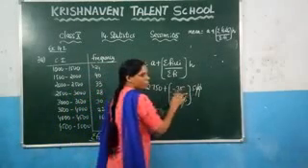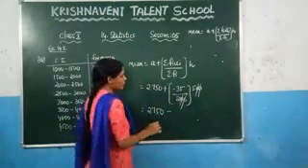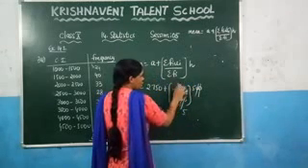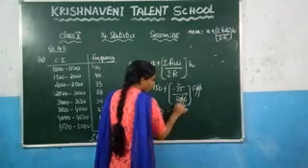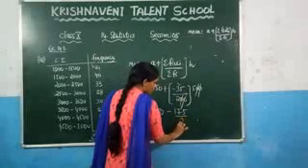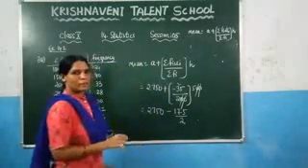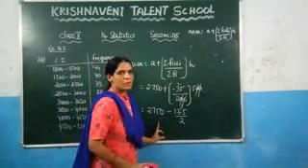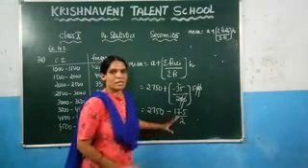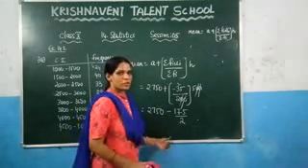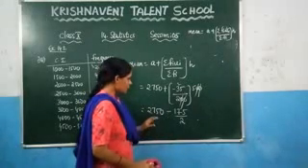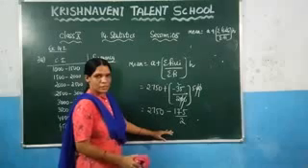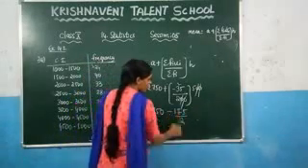Multiply 35 into 5. What is the value of 35 into 5? 5 5s are 25, 5 3s are 15 plus 2, which gives you 175. And what is the denominator which is left out? 175 by 2. Now at this step you can do the LCM, and after that you can take the subtraction, and if you are dividing with 2 you will get the answer. But it is a larger process. Just here at this step itself, divide these two values.